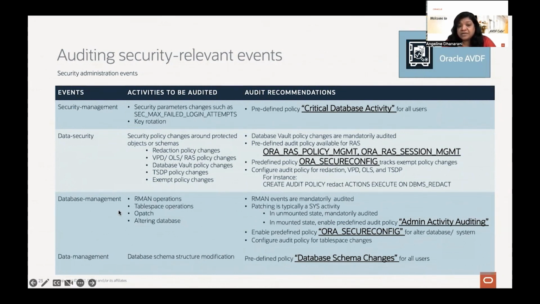For any of the database management operations like your RMAN, tablespace operations, altering database, mostly it is RMAN events that are mandatorily audited, and sys activity is mandatorily audited in an unmounted state. And as we've seen in a slide back, you can enable the predefined admin activity auditing.